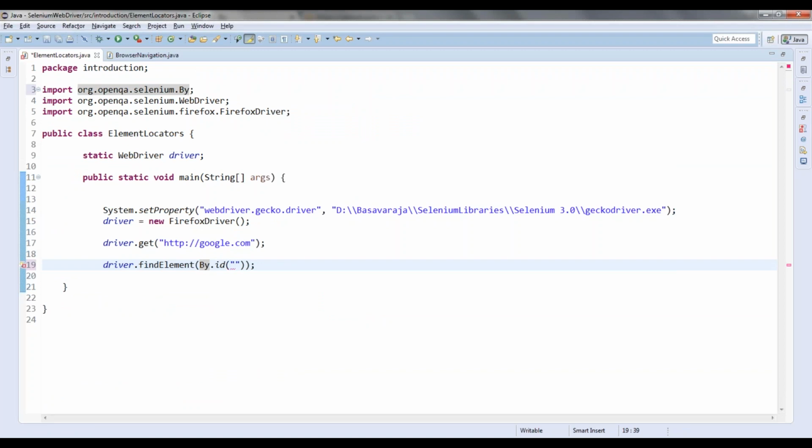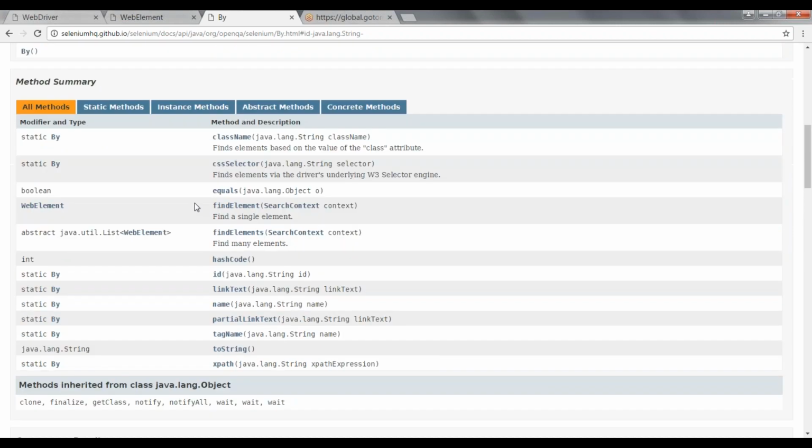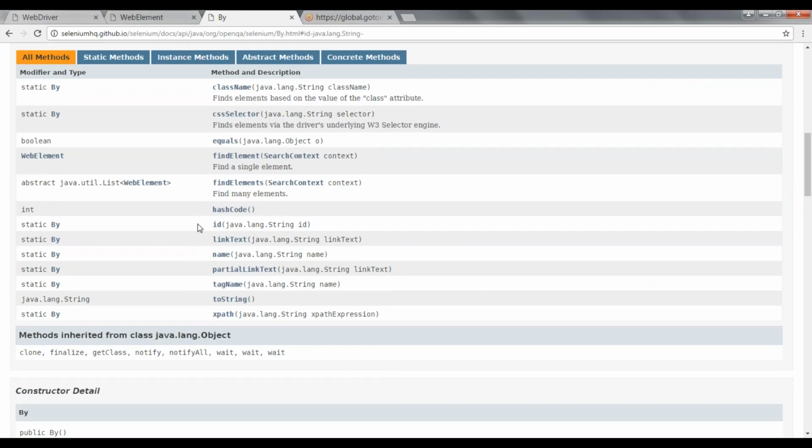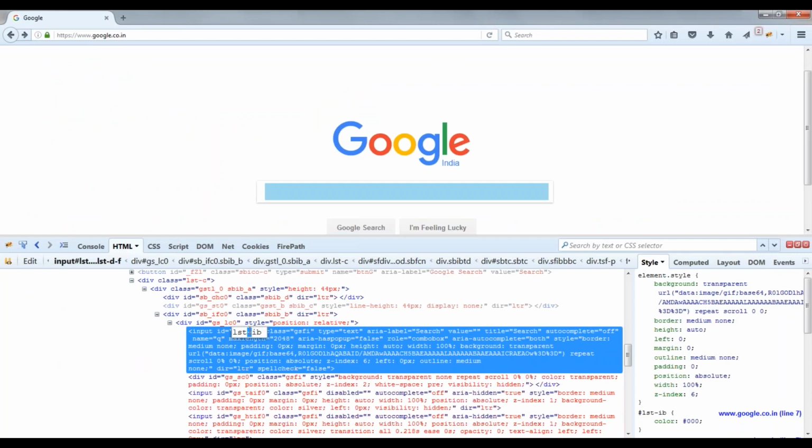By dot id, and what does id expect? Id expects a string as an argument. Since this expects a string as an argument, I will be passing the id of this particular field.